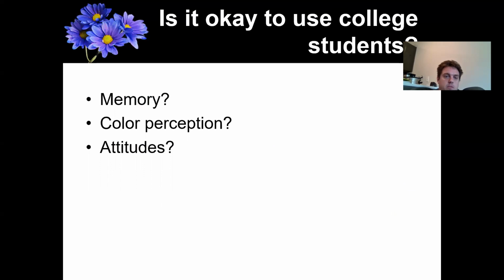So, is it okay to use convenience samples? Well, as always, it depends, right? Something like memory, I'd say most of the time it's okay. But there are always exceptions, and there's some interesting findings out there looking at how memory can actually differ across cultures. Something like color perception or neural activation, that's more likely to be okay to use college students. It is a biological process. It's not like your rods and cones are different depending on your socioeconomic status